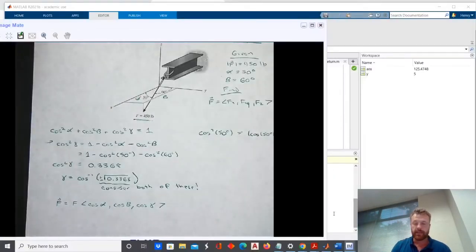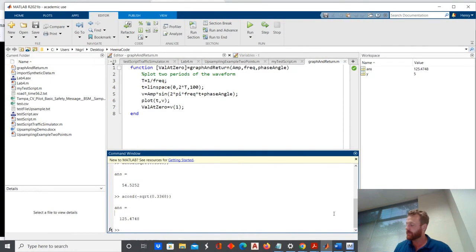So we'll take the negative sign, and that means our gamma is going to be 125.4748 degrees. So when I plug in, I take the magnitude, which is going to be 450 pounds,